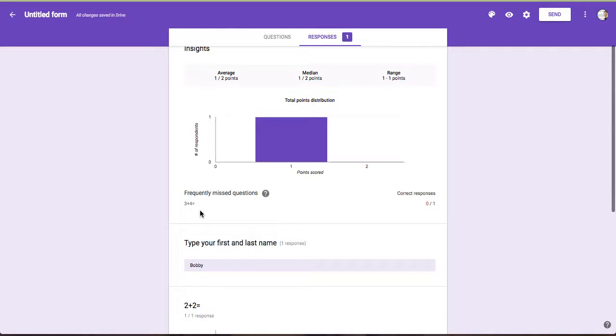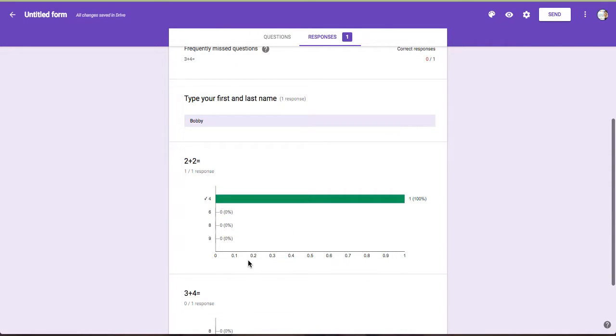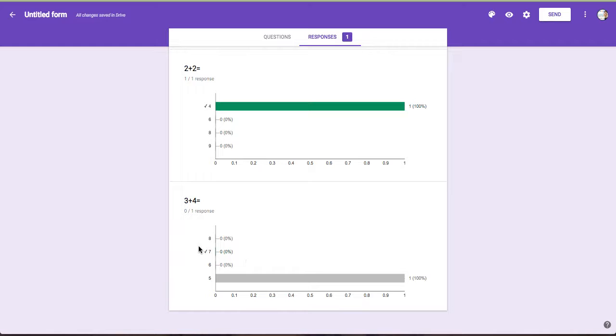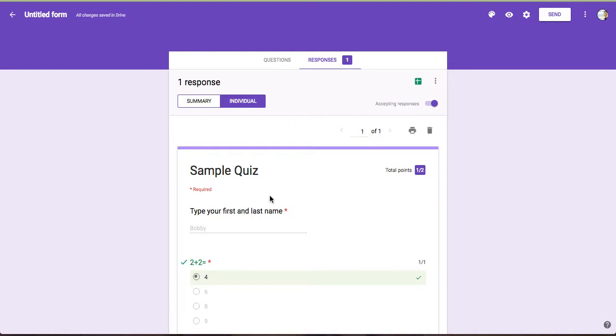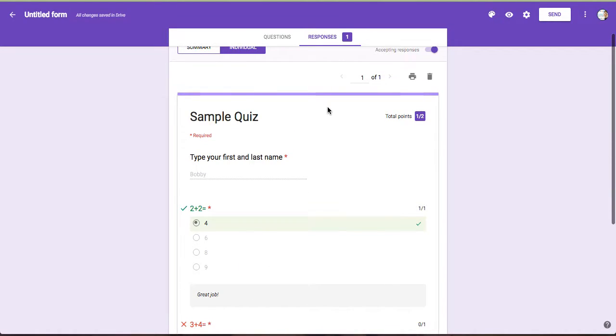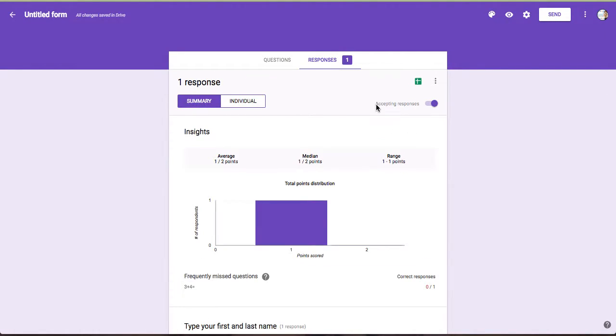You'll see frequently missed questions. And then you will also get a graph for each question of what percentage of your class picked each answer choice. So that's some really good data to look at. The individual tab will show you a screenshot of each student's form. That's kind of tedious to look at when you have a lot of kids. So I prefer the summary, and then I like to